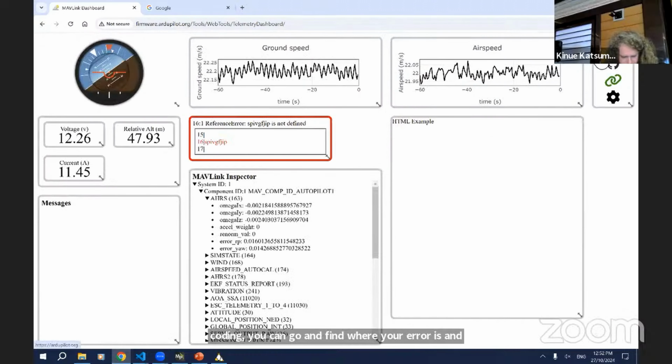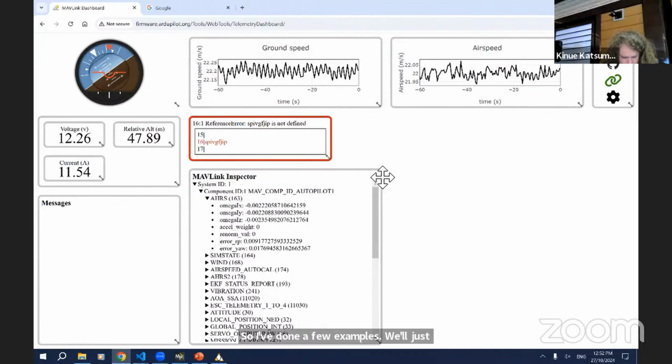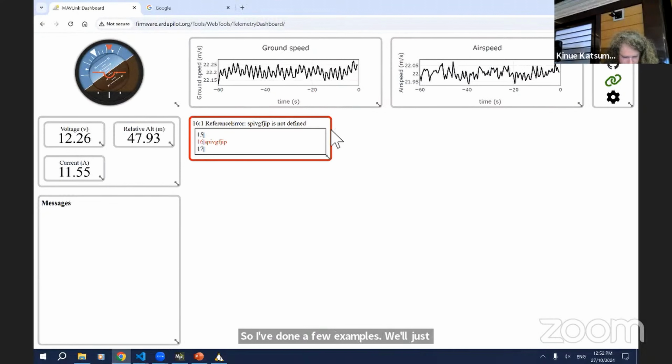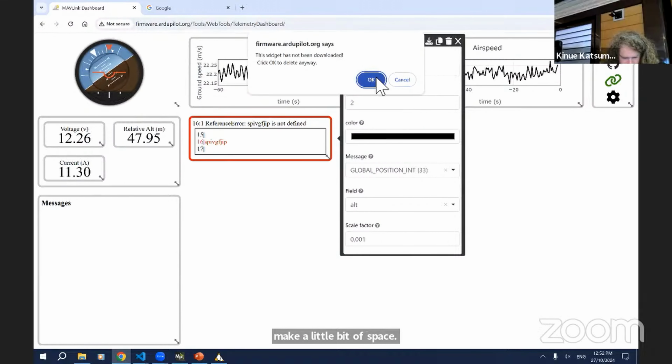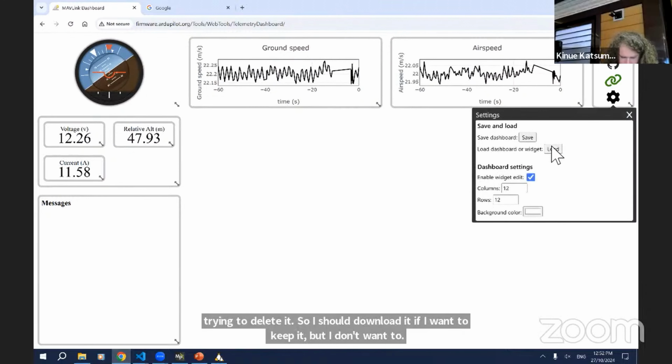So I've done a few examples. We'll just make a little bit of space to show the sort of thing that you can do. It's warning me I've edited this widget and I'm trying to delete it. So I should download it if I want to keep it, but I don't want to keep it. So I can load in a widget